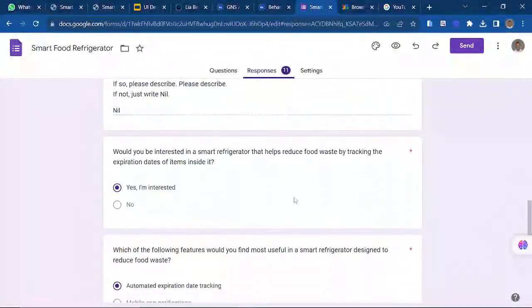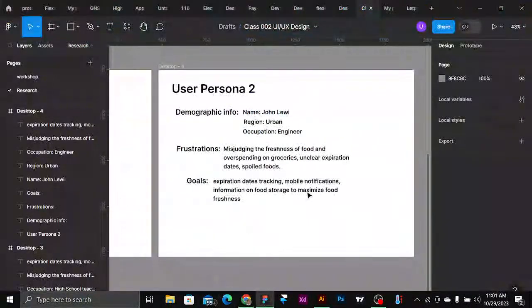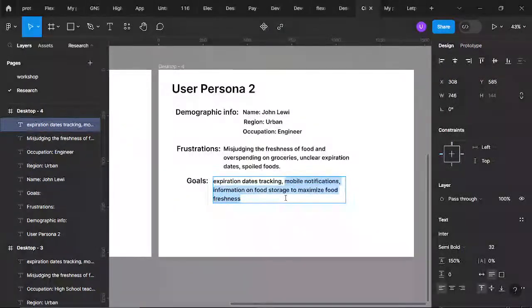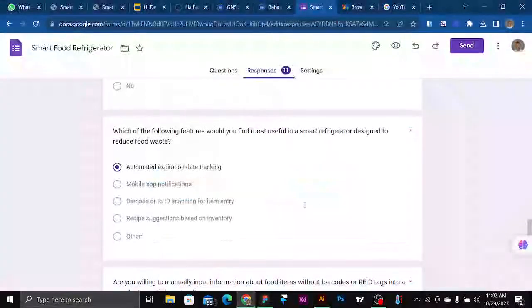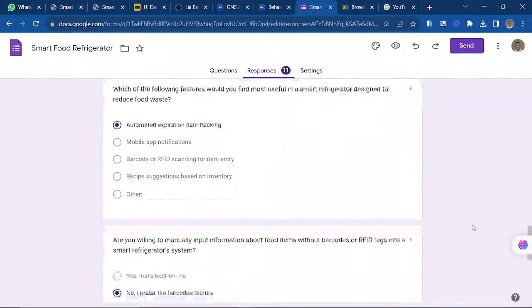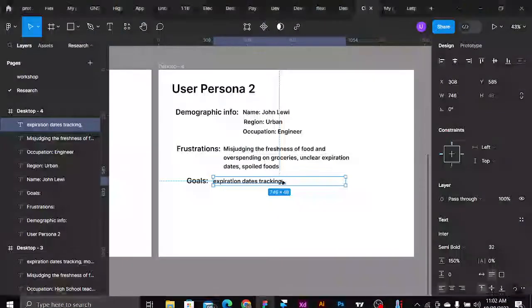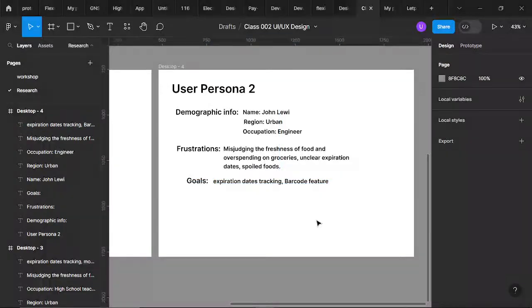How about the goal? The main feature he wanted is automated expiration date tracking. That's only what he made mention of. All of these things are very, very similar. And also the barcode feature, we can add that. Well, it depends on how we are going to be compelling their story.